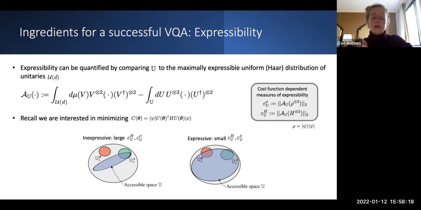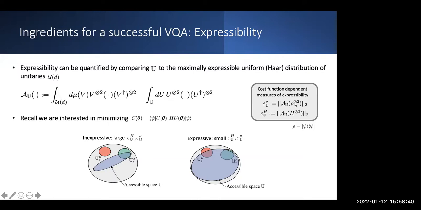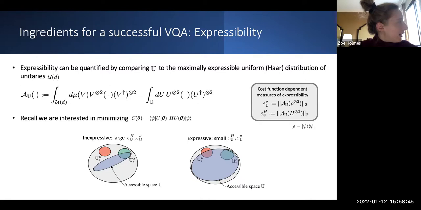I'll say one thing that I do remember worked out was, so we've got these cost function dependent measures for expressibility. We also thought it'd be nice to formulate our results independently of the cost. So you've got expressibility measures that basically work for any cost that just depend on the ansatz. And so we reformulated our results in terms of the diamond norm in that case. But we get some awkward factors of dimension appearing. I don't think it ruined the bounds completely, but these ended up being the tightest bounds, as you'd expect, that when you actually use as much information as possible, you get the tightest bounds.